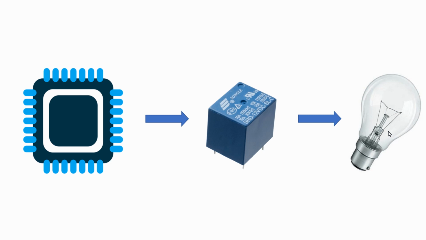Using the relay, you can control the 230 volt AC light bulb, and this relay can be triggered and untriggered with a small amount of signal that is delivered from the microcontroller. So for that, we just want to build a simple circuitry for controlling the state of the relay, that is, for energizing and de-energizing the coil of the relay.